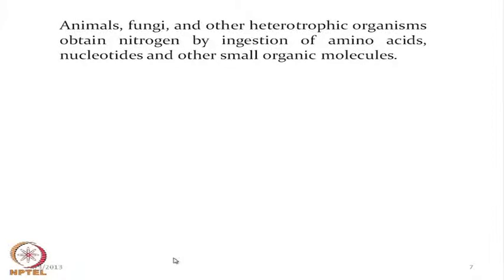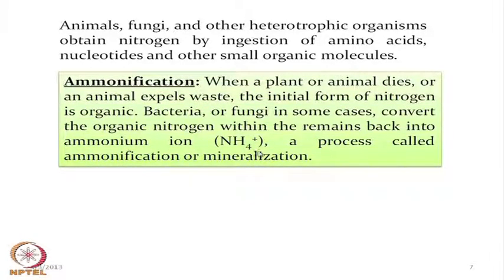So, basically not only the bacteria, but we human beings, the different animals, the fungi and other heterotrophic organisms, how do they get the corresponding nitrogen, which is very important, how do we get our amino acid? If we have a shortage of amino acids, how can the amino acid supplementation be done? And the nucleotides and other small molecules, corresponding protein molecules or small molecule peptides, which are basically nitrogen based, are all dependent on this.